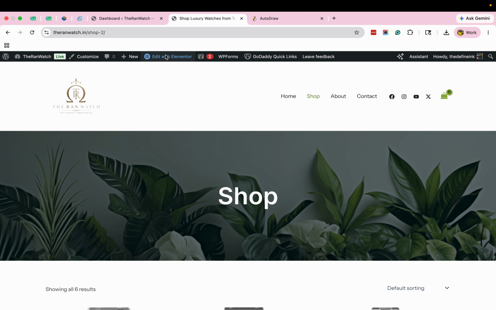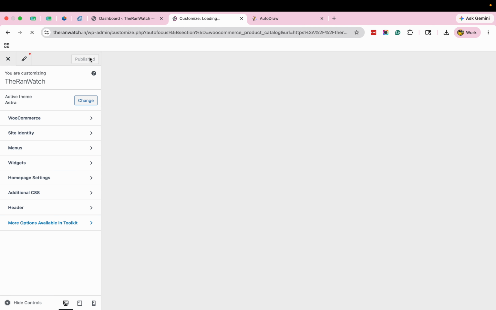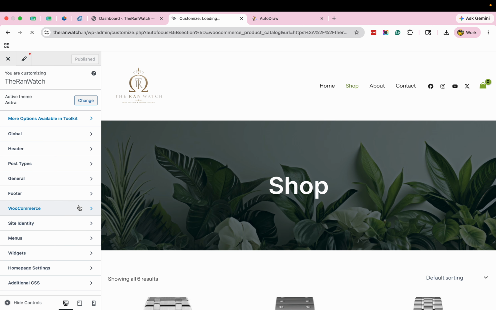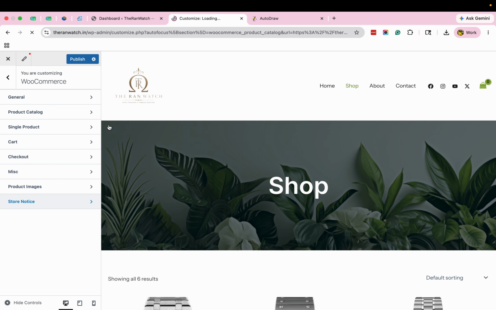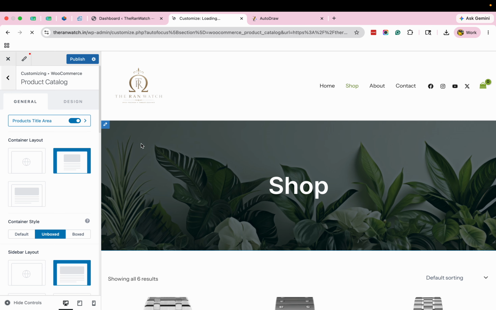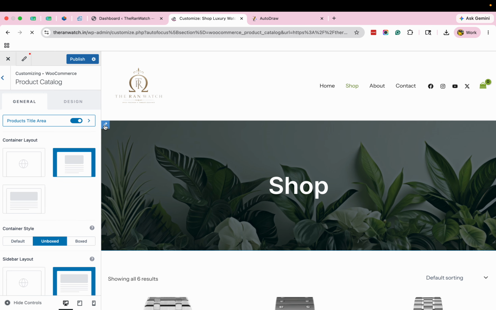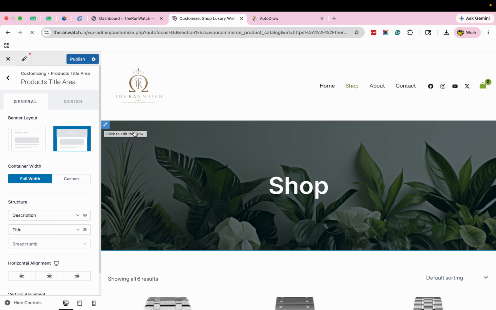To change this, sometimes if you're not able to click on edit with Elementor, click on customize and you will find WooCommerce settings. The moment you click on customize, you will see this editable pencil icon. Click on it. So if you see it's identified in products title area,